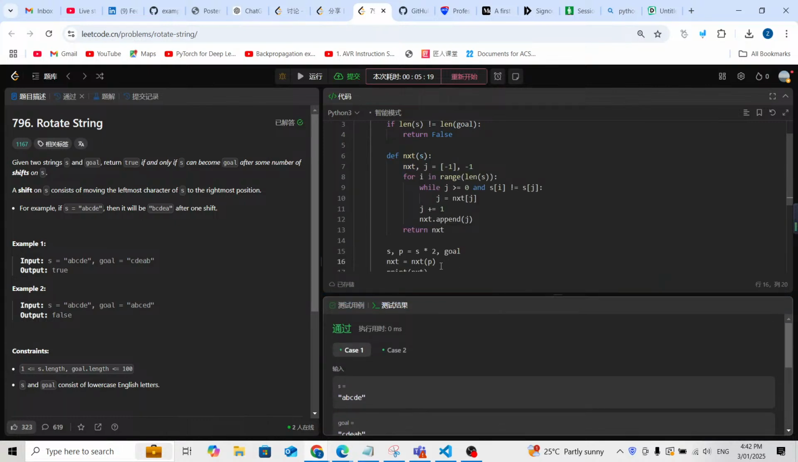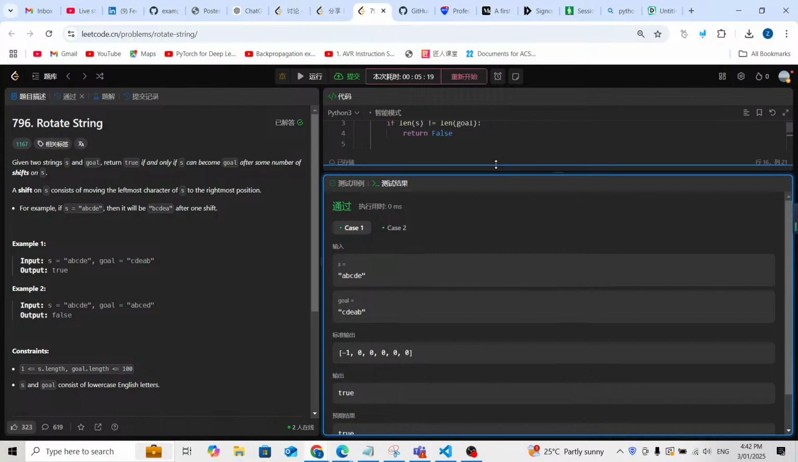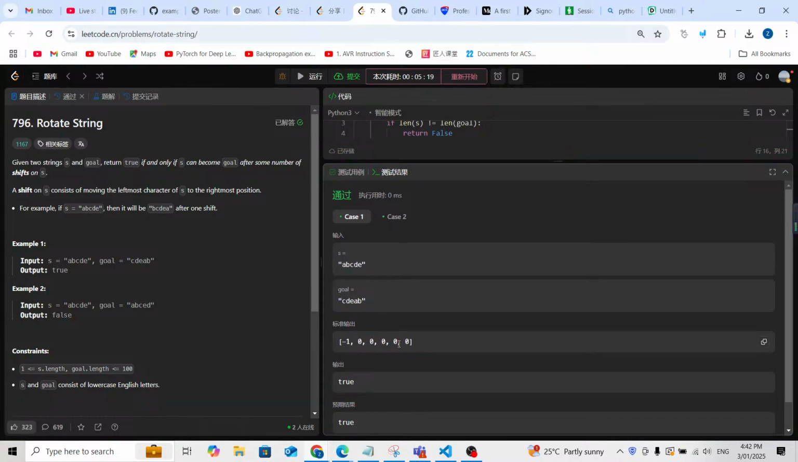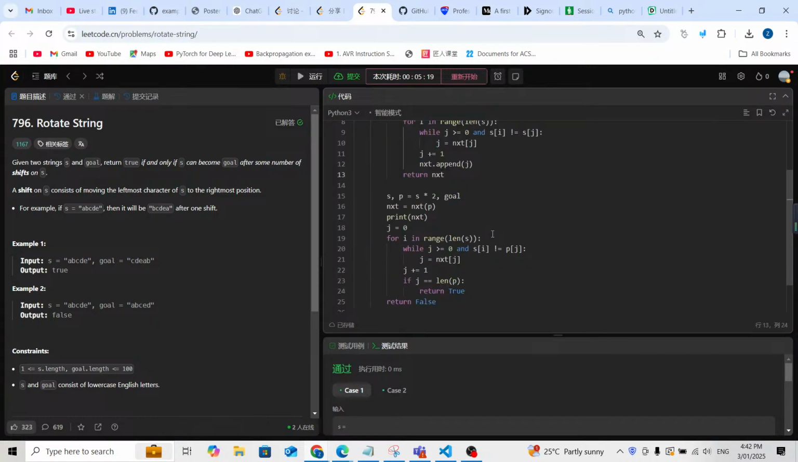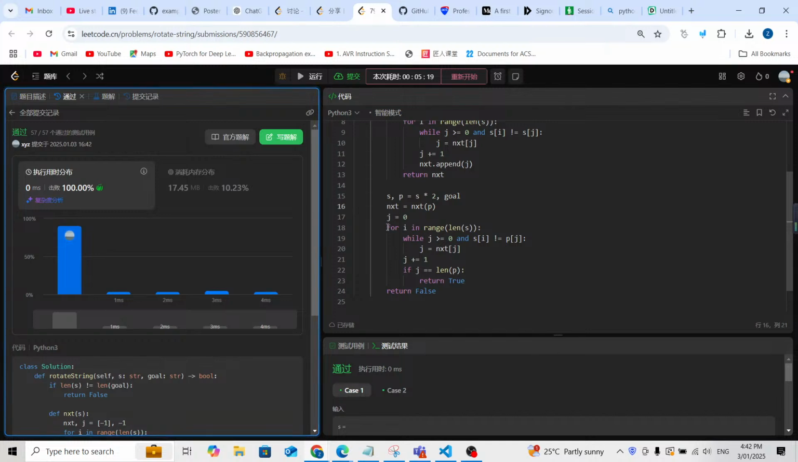Yeah. But what if we just use the pattern? So next gonna be the pattern. So as we can see, it's gonna be 0 0 0. Yeah, because it is ABCDE, and there's no duplicate. So it's gonna always be 0. So this is why we're gonna use this next method to calculate the next table. Yeah, and after that we're gonna use the next table together with the pattern S and P, to find if there's a pattern